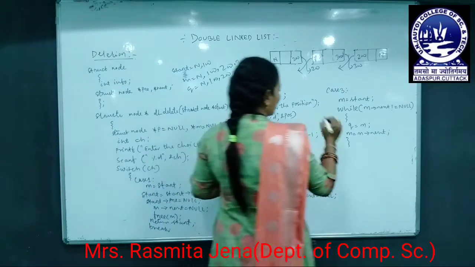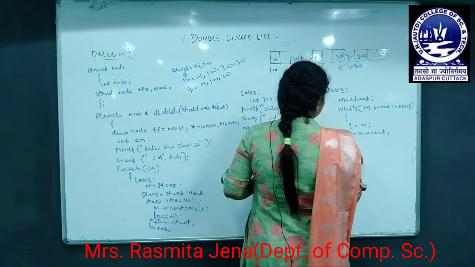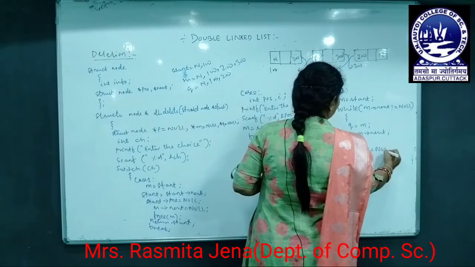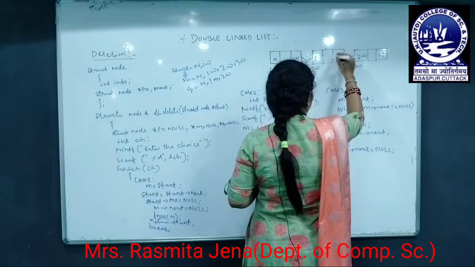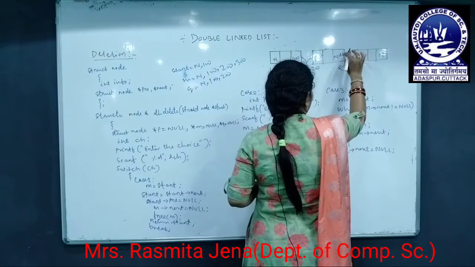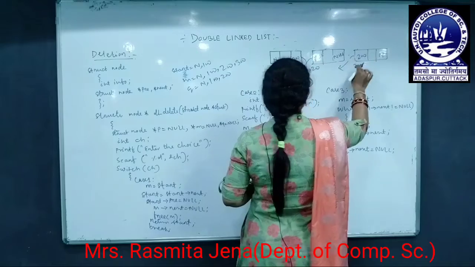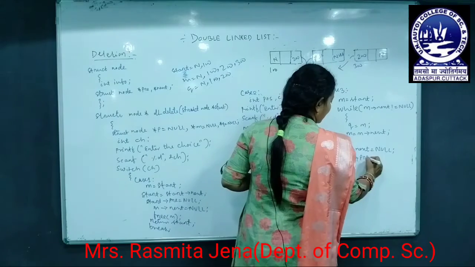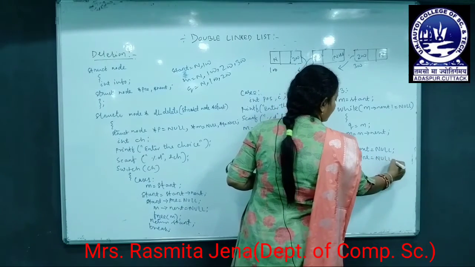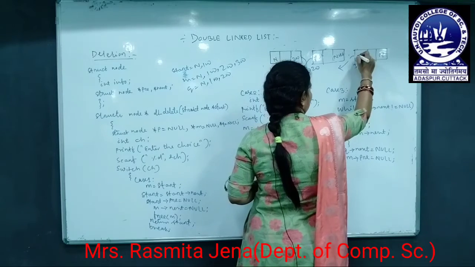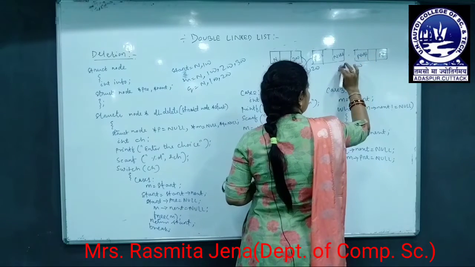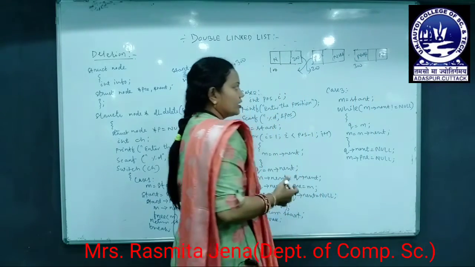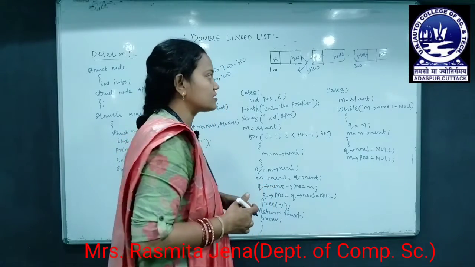So now we remove the links. Now we set q next equals to null. So now this became null. So this link is removed and 300 is contained by m. So I can set m pre equals to null. So this will be set as null and this link is also removed. Now I can see the two links, the forward link and backward link from the last node of the double linked list, are removed.